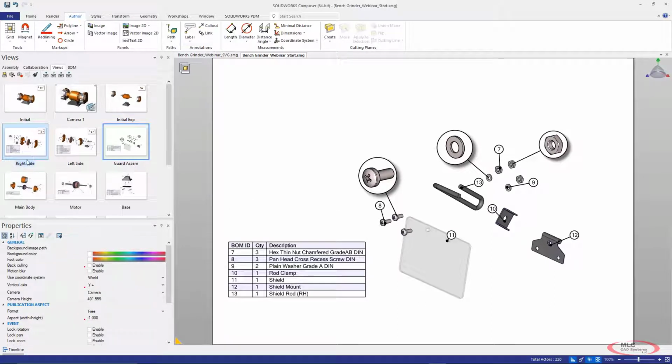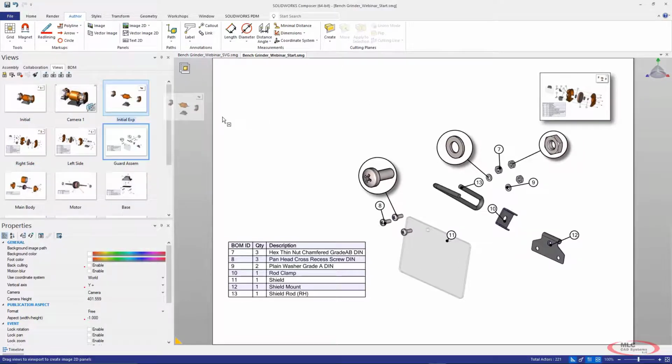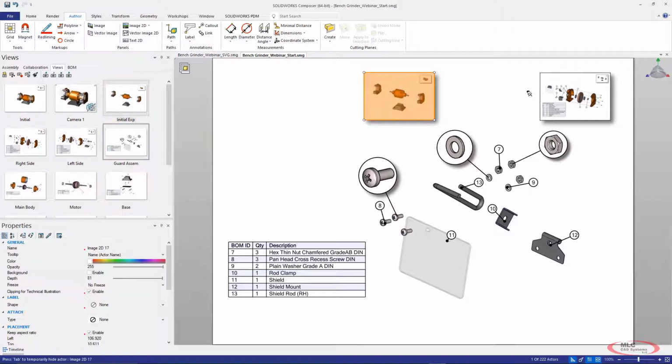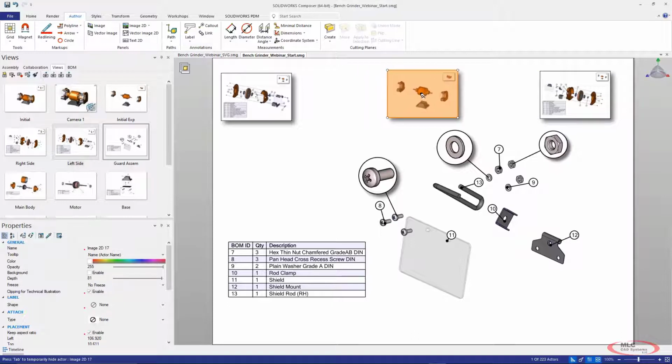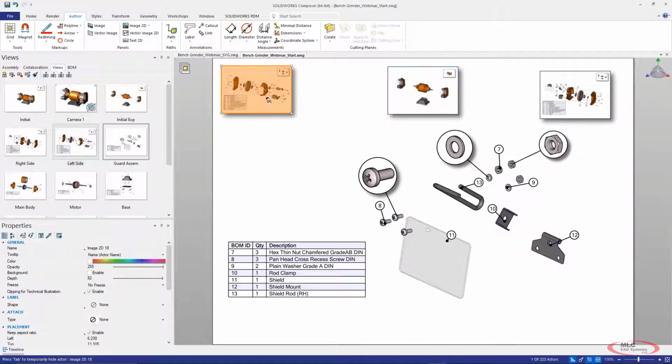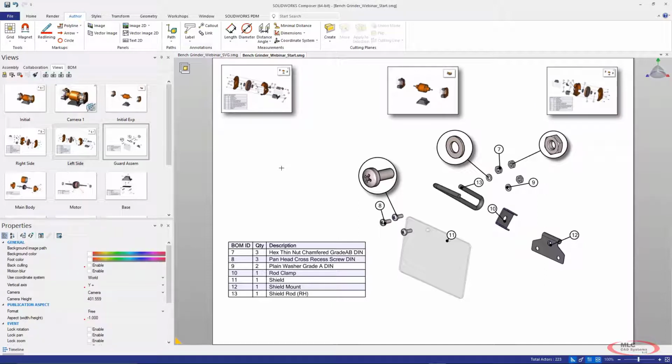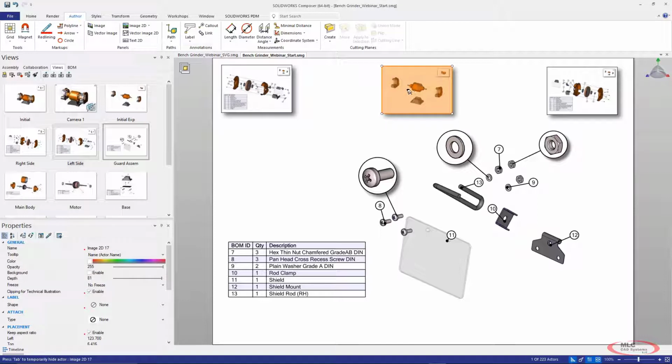So I'm going to start in creating some buttons. I'm going to choose a right button. I want to go back to the initial exploded view if I want to go just directly back to that initial view that we've established. And I'm also going to choose the left side, because remember, the right and the left, they are actually all linked together into a single view. So from here, we've created those 3 types of buttons, and we could be a little bit more precise about